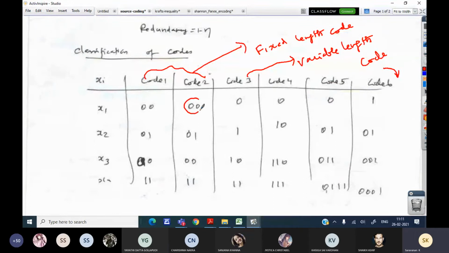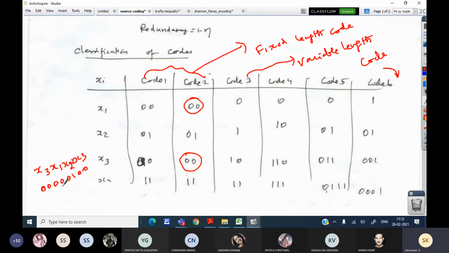In code 2 also I am using 0, 0 for x1. Suppose I want to send x1, x2, x3. For x3 I send 0, 0, then x1 also 0, 0, then x2 is 0, 1, and again for x3 0, 0.